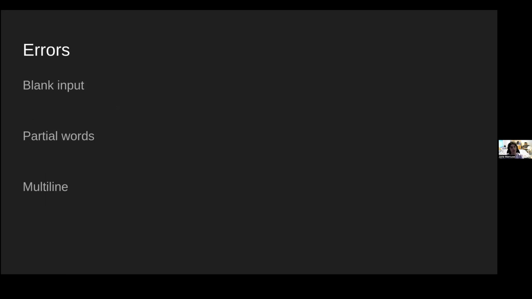So I want to talk a bit about the errors, or rather show you the errors that Untwine can generate. One is a blank input. If you don't give it anything, you will get this error saying, I expected you to give me a JSON value. It's showing you the line number. It has a caret pointing out the position in the input. And you get this error message saying, line 1, position 1, expected JSON value. This really just sort of shows off the format that it uses. It's very much inspired by Rust's errors.